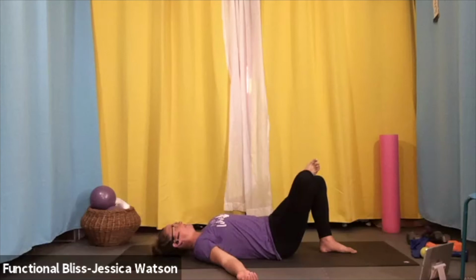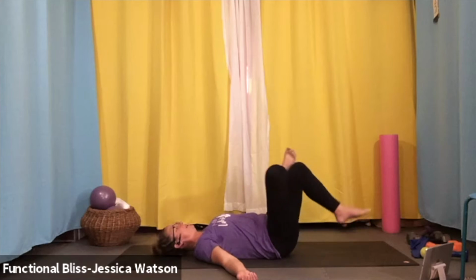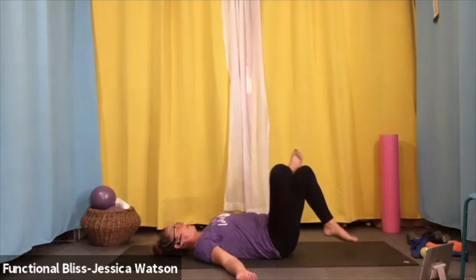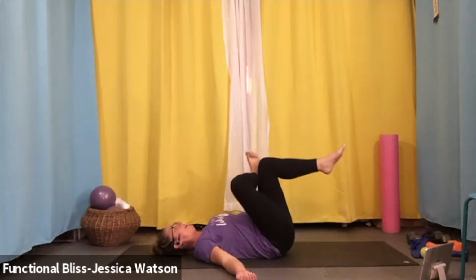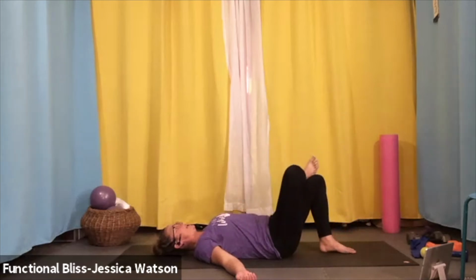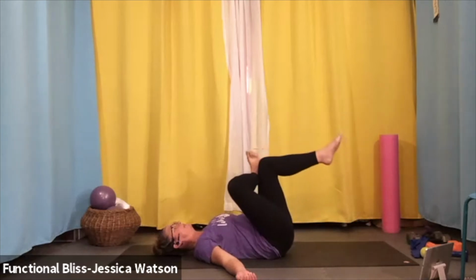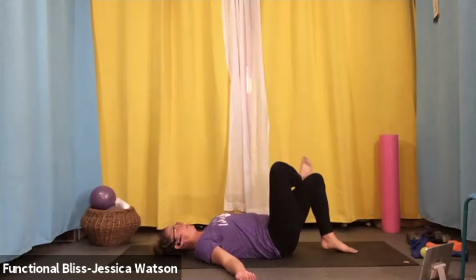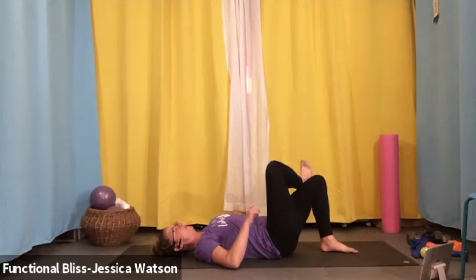So as you inhale, you're going to lift your left knee up, and then exhale, float your left foot back down to the ground. Inhale and lift your left knee up. Exhale and float it back down. Inhale to lift up. Exhale to float it down, and then keeping that figure 4 position, but into a little figure 4 twist, we're going to drop the knees over to the right